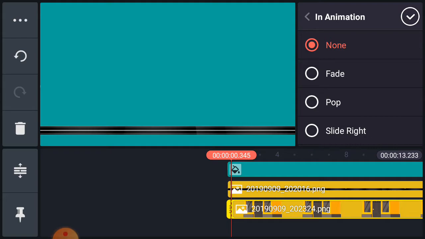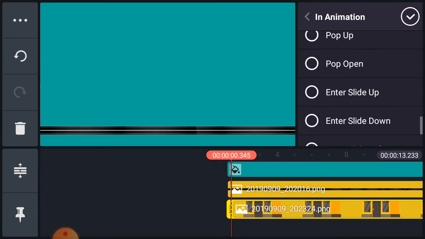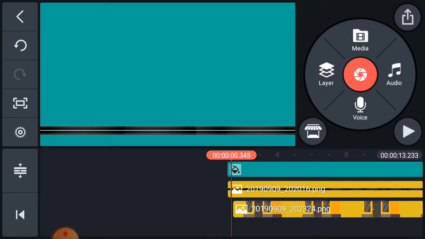Once I click on in animation, you will find different types of animations here. You can select any of them. Suppose I select pop open. You can select the time 0.5 or 1. I will suggest making it 1 and then OK.